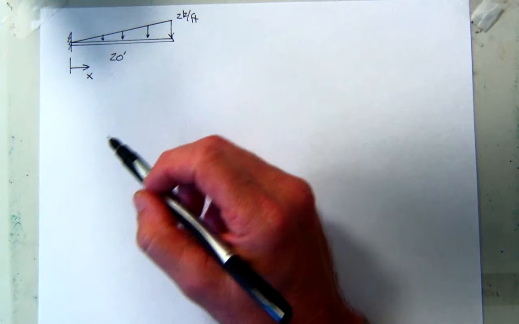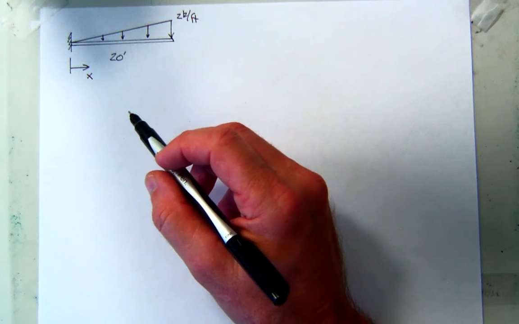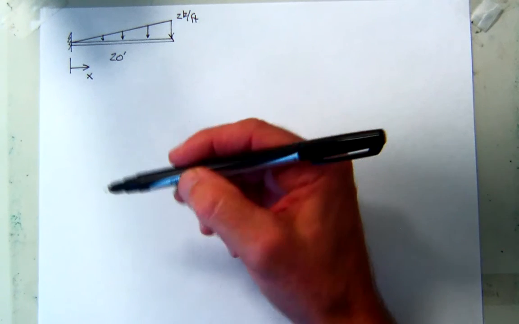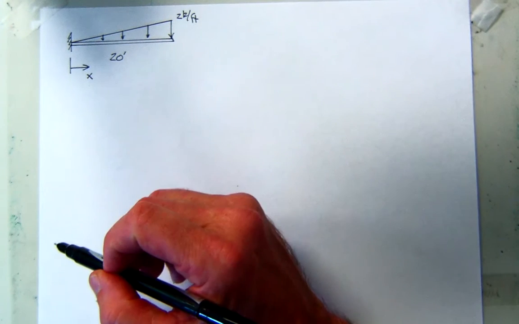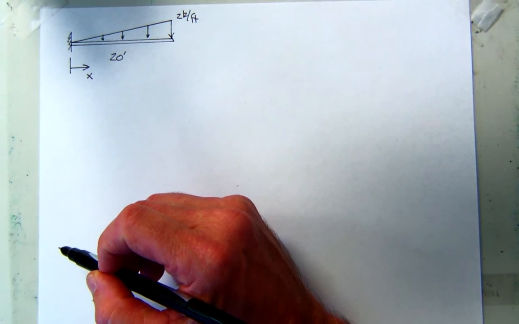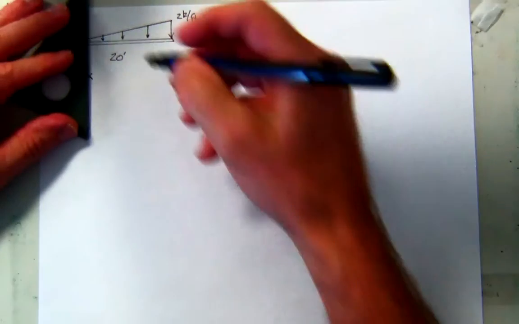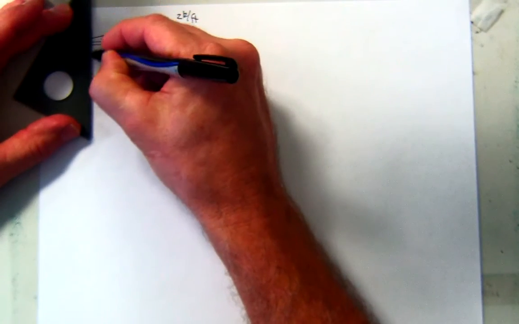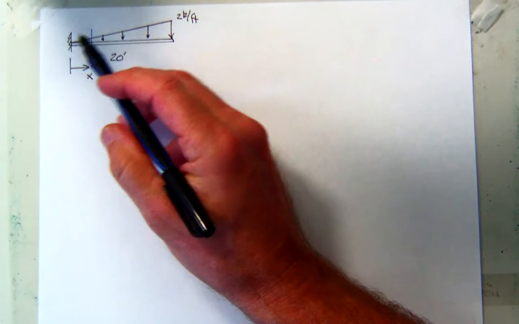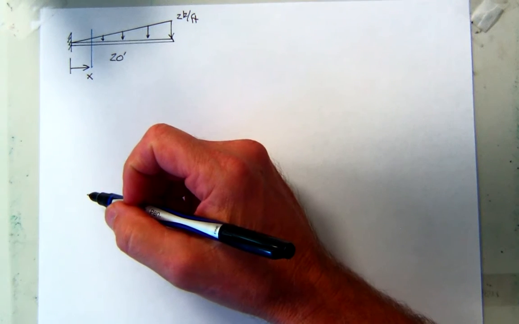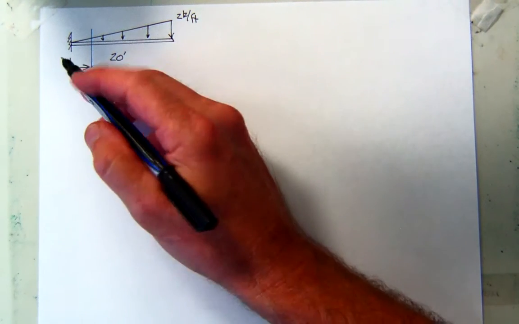It is sometimes possible to change that origin and direction and make it simple for yourself, but I'm going to always try to maintain that from the left to the right. So if I did do that at x, what you could see is if I made a cut there, you have to ask yourself, do you want to work the left side or the right side? So if I look at the left side,